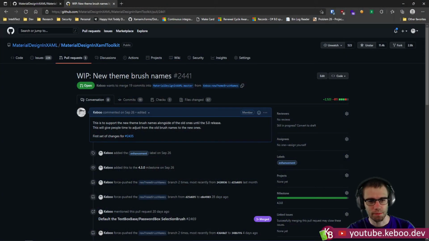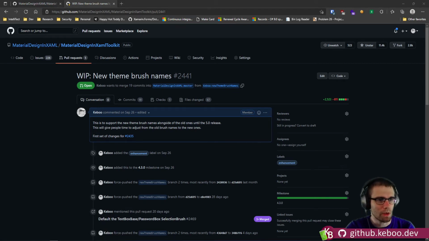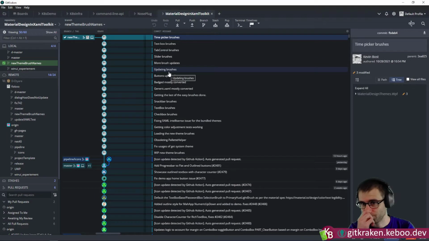This guy here. So we have this pull request sitting open. It's got some theme brushes. It's cool. It's awesome. We all love it. I love it. And I've been going through and getting most of the brushes updated, and it's not too terribly difficult to do. It's just a little slow going, but we're very close. So if we look at what we were doing last time,